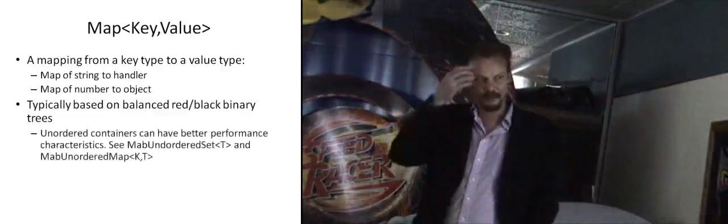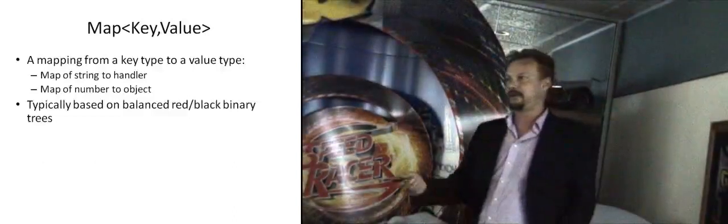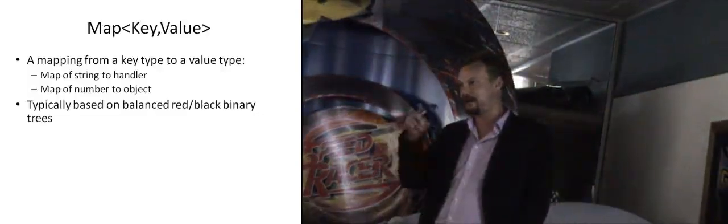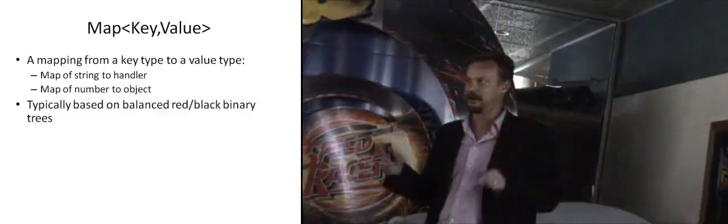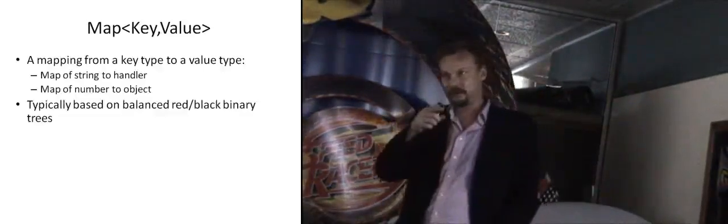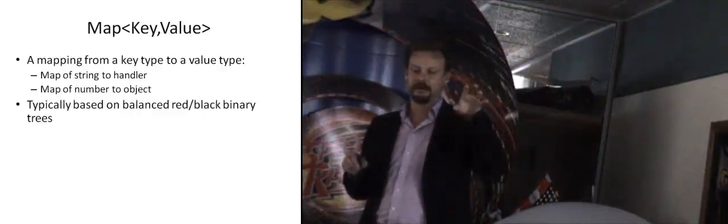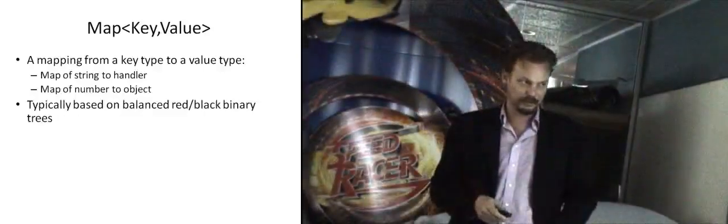The thing about trees is, they're great. Trees was an interesting choice, by the way. You're not supposed to know that it's based on trees, but every STL implementation I've seen of map and set uses trees. There's an xtree header. Have you seen that? You probably had a crash somewhere and thought, what is xtree? Xtree is the base data structure used by both set and map. So set is just a map where both the key and the value are the same thing, using the same type, which is a red-black binary tree.